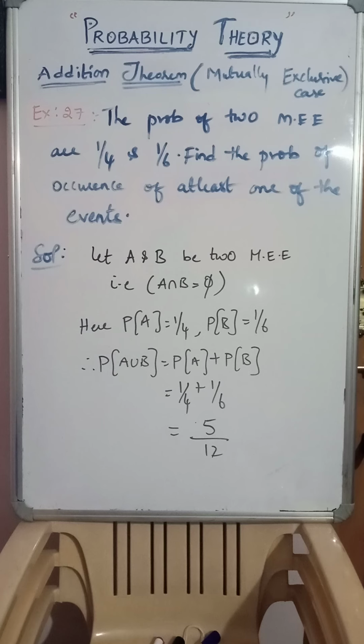So P of A union B. As you know, whenever events are mutually exclusive, A intersection B will be the null set, 0, we can say. That is the reason P of A union B equals P of A plus P of B minus P of A intersection B. Anyhow it is 0. That's why, when disjoint events are there, P of A plus P of B is directly taken, because A intersection B will become 0, the null set. There is no common element when they are mutually exclusive. They are exclusive events. Clear?